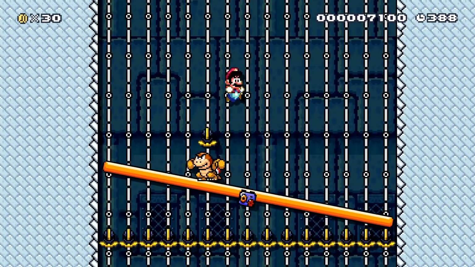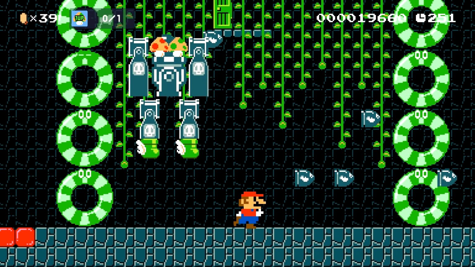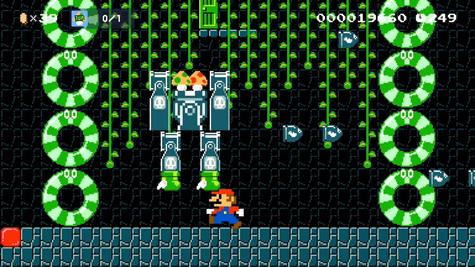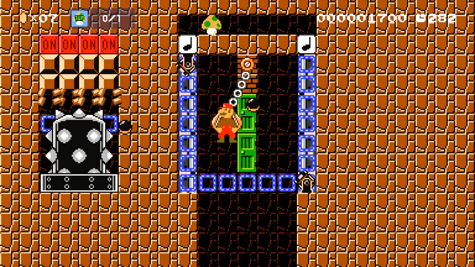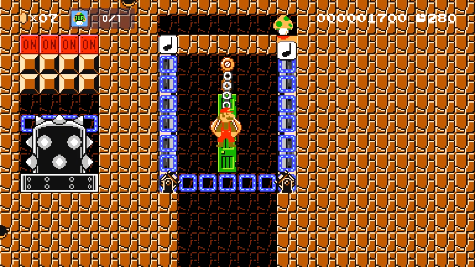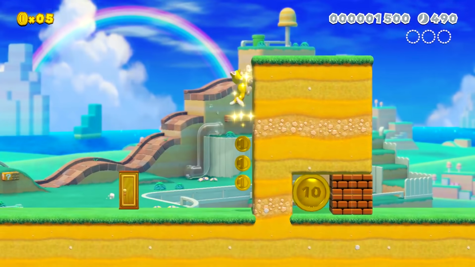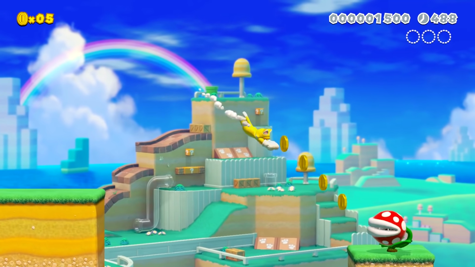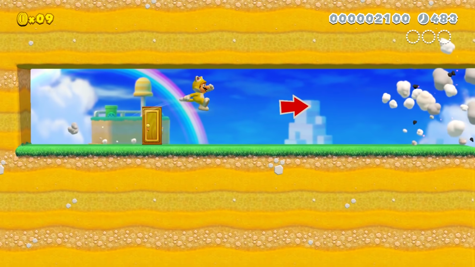Welcome to the long-awaited episode 3 of the useless Mario Maker 2 facts series. I think the title is pretty clear, but this series focuses on giving facts about this game that don't really affect gameplay much at all. I always try to make these facts as obscure as possible to make sure that nobody's heard of these before. That's of course never a guarantee, but hopefully you learn at least something new. Now I've played this game a lot, and when I do, I like to mess around with a bunch of random things,